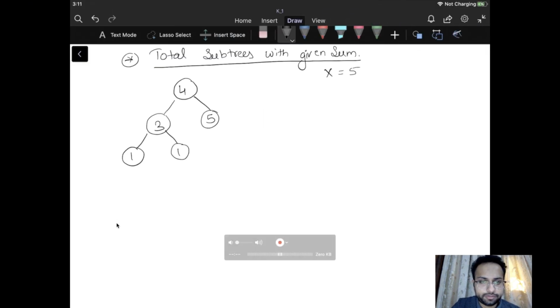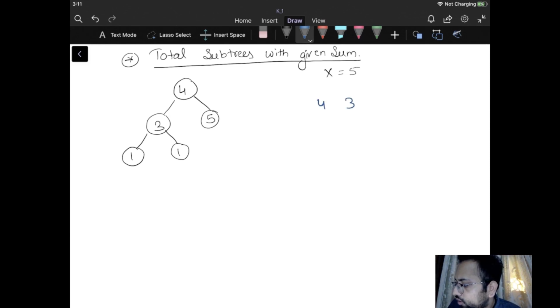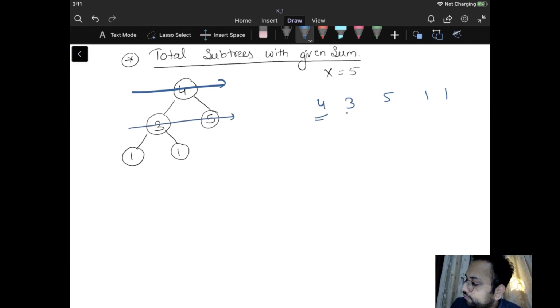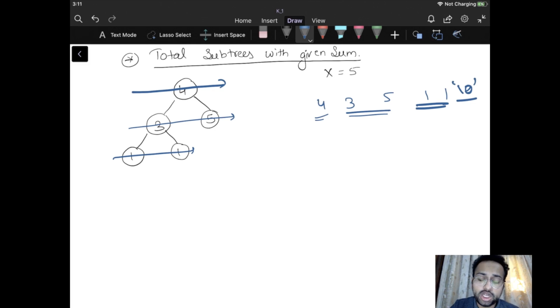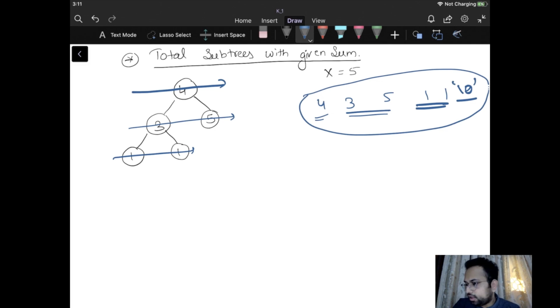Alright, so see, if the string given to us is 4, 3, 5, 1, 1, we are going to create a complete binary tree. In a complete binary tree, all the levels are completely filled except for the last level, so we fill it from left towards right. We will have this node as the root node, then 3 and 5, then 1 and 1, and then the string will end, so we will stop at this point. We need to create a tree using this string. Most of you must be thinking of taking this string in a character array.